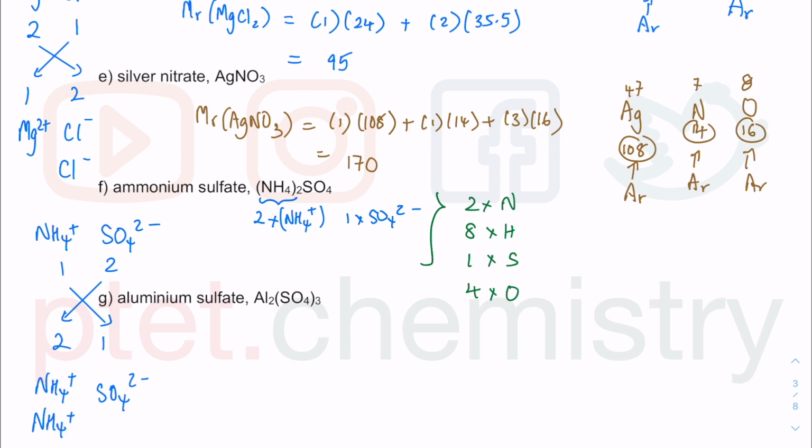Looking at these, there's 4 hydrogen in here, but there are 2 of them, so there's 8 hydrogen altogether. That's why it's in the bracket. There is 1 sulfur and there are 4 oxygen. So calculating the